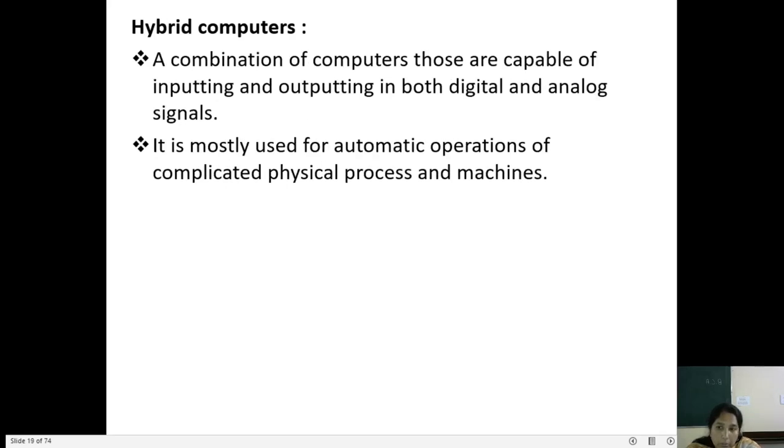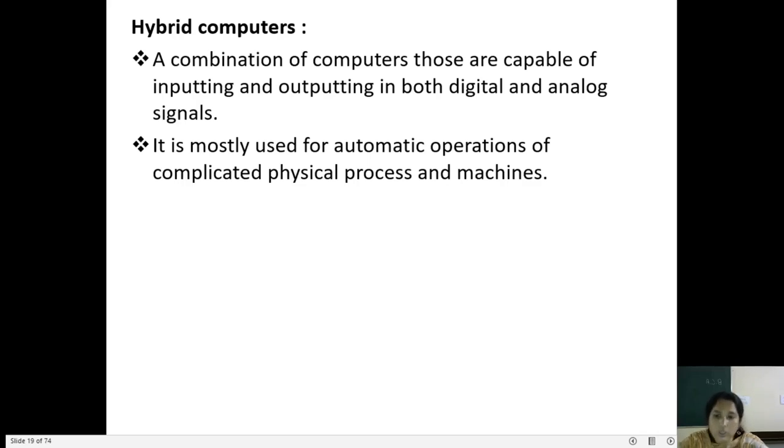And then you can see hybrid computers. A hybrid computer is nothing but the combination of both digital as well as analog concepts. And these computers we normally use in health fields. In the case of health fields as well as analog signals, we also use them in weather forecasting. When you come to the health fields, you can see this hybrid computer in the case of the ICU, where